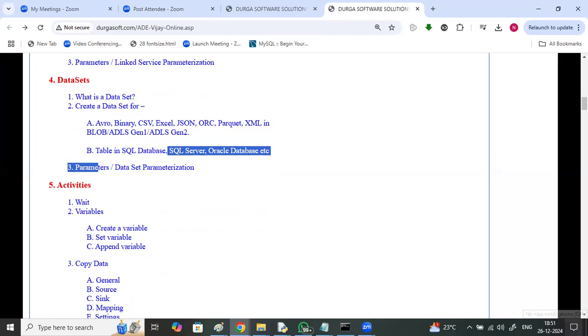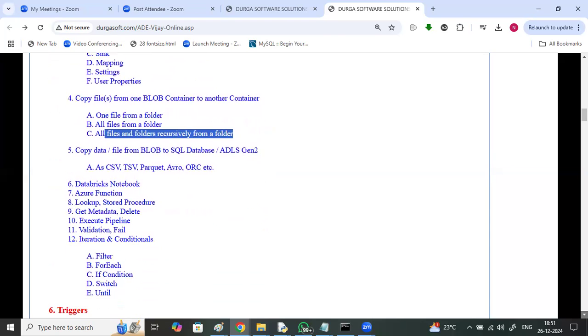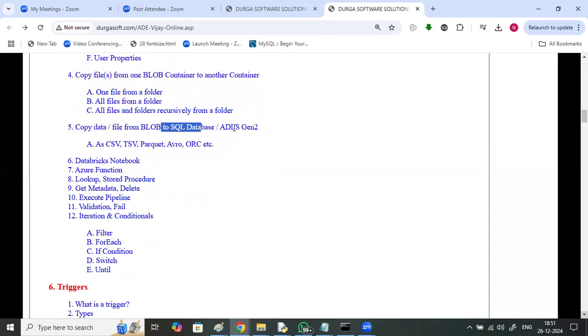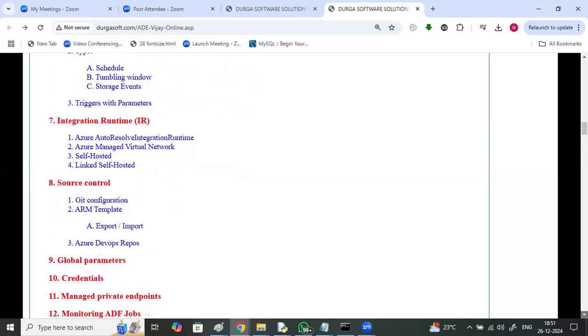data set parameterizations, activities, variables, creating a variable, set variable, append variable, copy data: general, source, sink, mapping, settings, user properties, one file from a folder, all files from a folder, all files and folders recursively from the folder, copy data file from blob to SQL database, Databricks, Azure function, get metadata, delete, execute pipeline, validation, iteration and conditions,